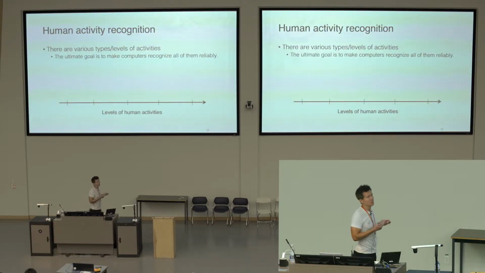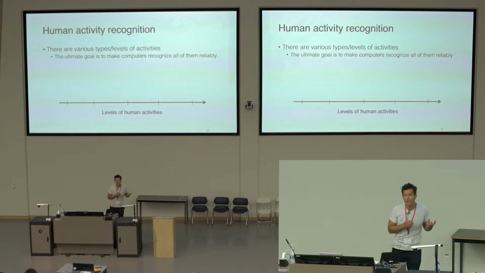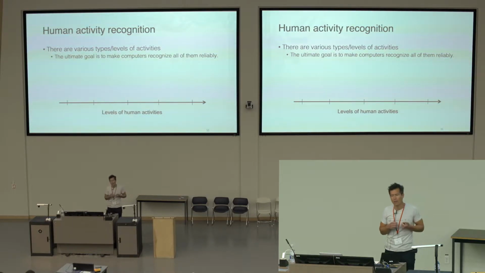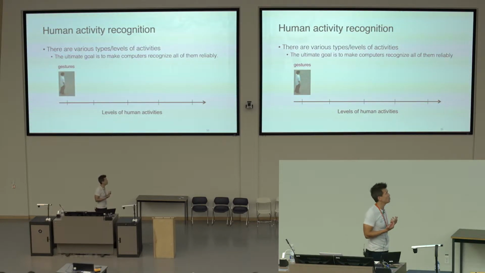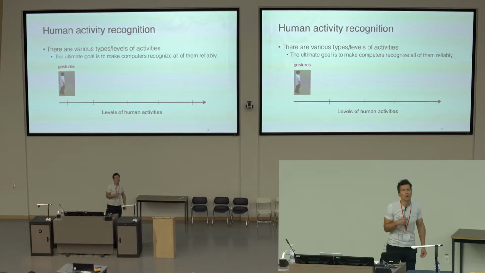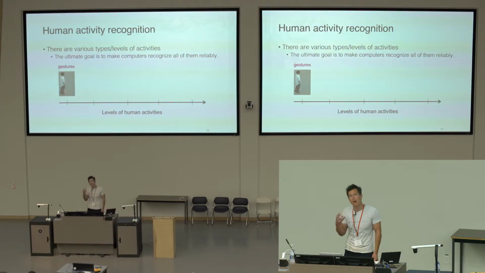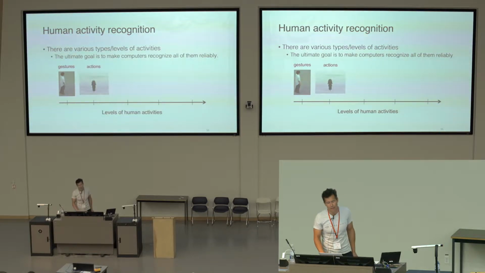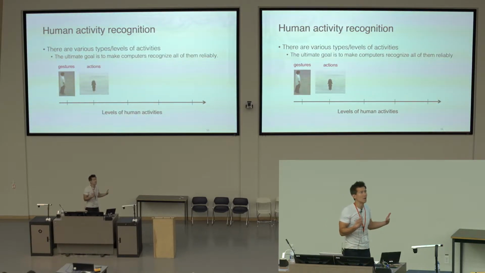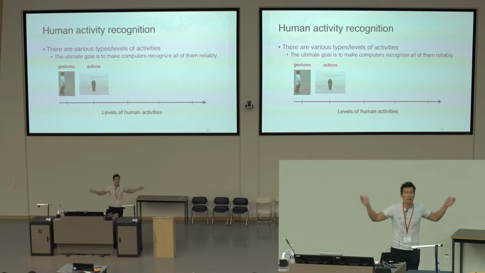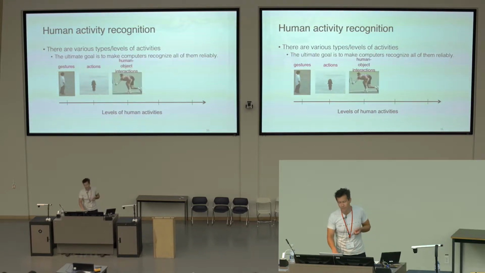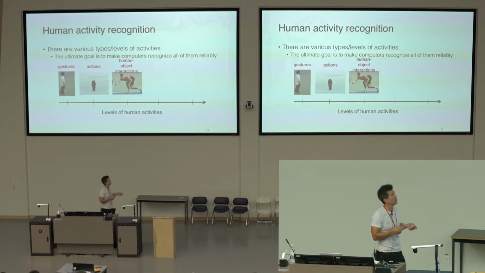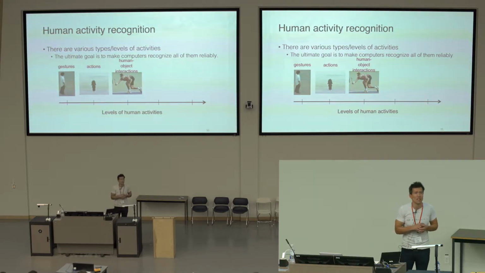You can also characterize the type of problems that we work on in terms of the level of detail at which we're trying to understand human activities. On one end of this axis, we have relatively simple gestures. These would be things like standing or pointing, where it's typically a single person performing some sort of atomic action with a very short time span. At a longer level of detail, we might have something like waving your arms, an action that persists over a slightly longer time duration. We also care a lot about human-object interactions, so it matters where I'm doing something rather than just what things are in the scene.